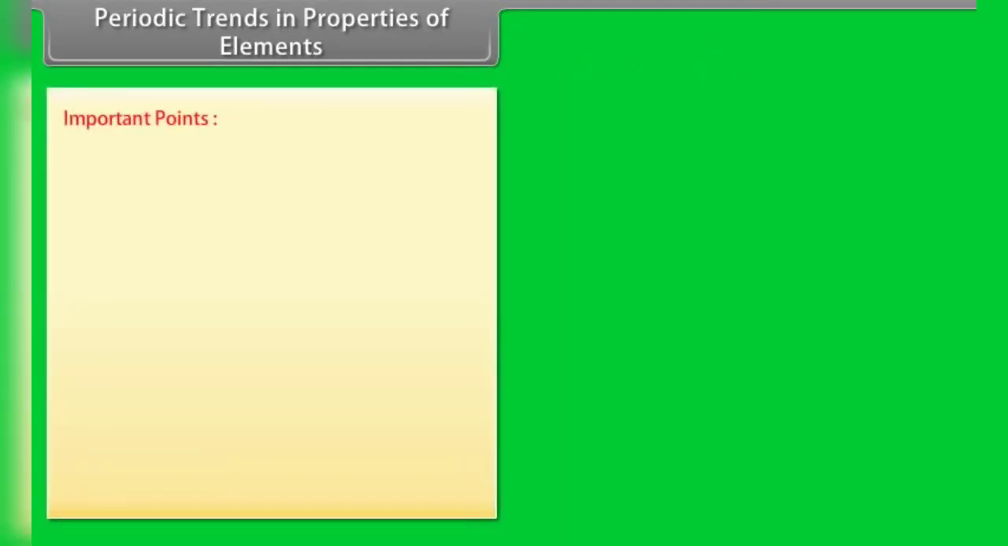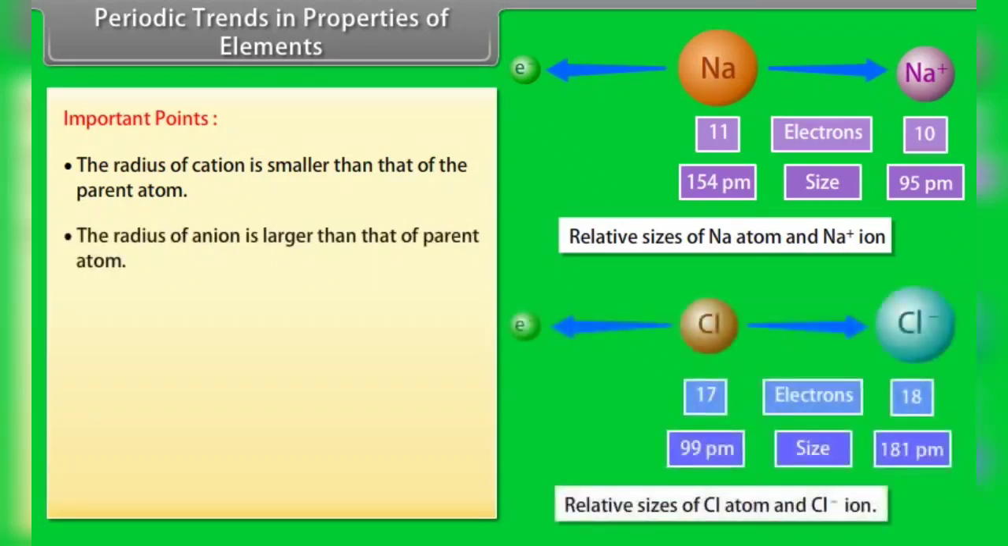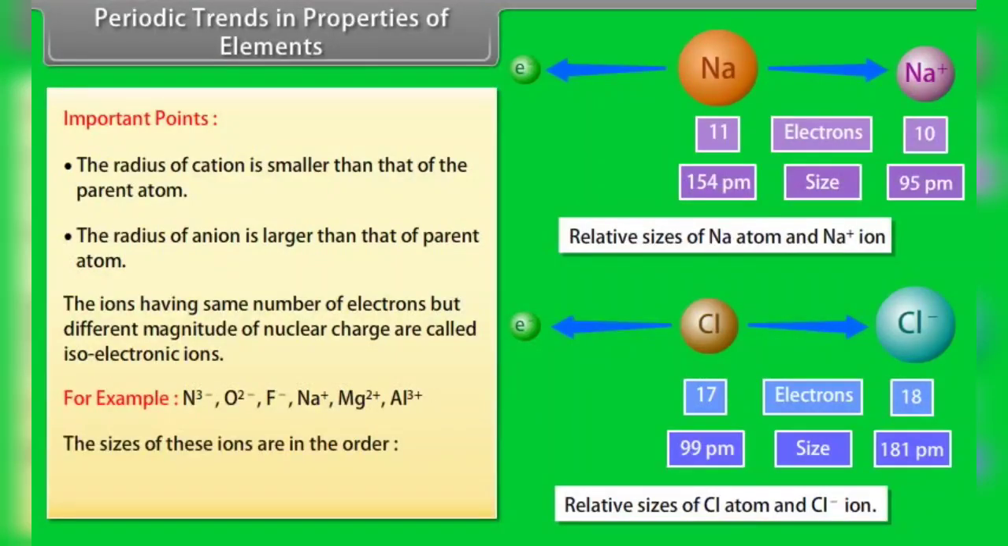Important points. The radius of cation is smaller than that of the parent atom. The radius of anion is larger than that of the parent atom. The ions having the same number of electrons but different magnitude of nuclear charge are called isoelectronic ions. For example, the size of these ions are in the order